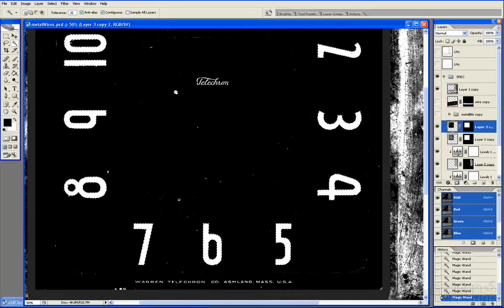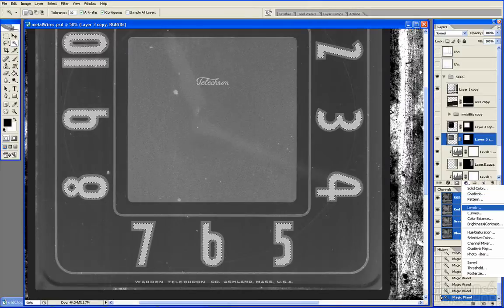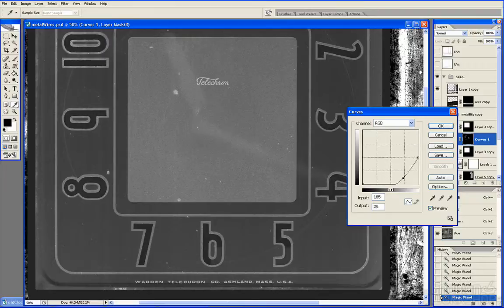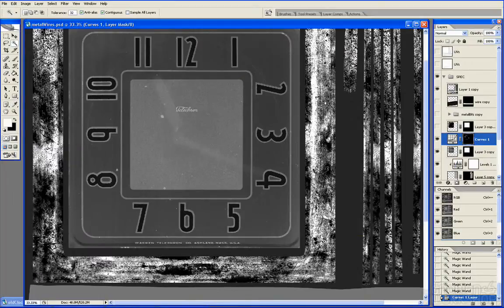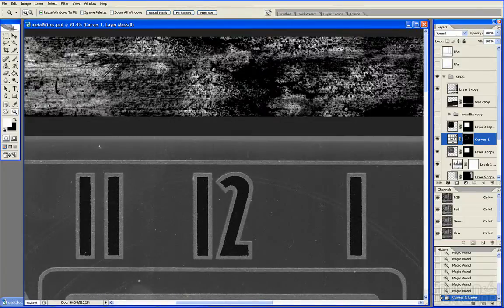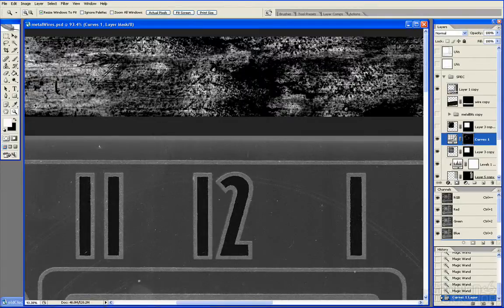And for right now, I'm going to worry about the numbers only. I'm going to decide later if I want to keep these decals. And then I'm going to hide this layer, and that's a selection. And I'm going to create a curve and just bring these down. Something that I'm happy with, which is good. So now I've matted out all these, and by doing this I have complete control over how I've done